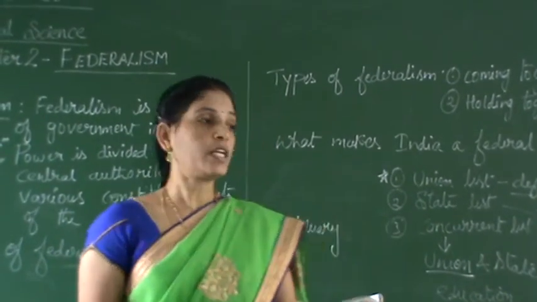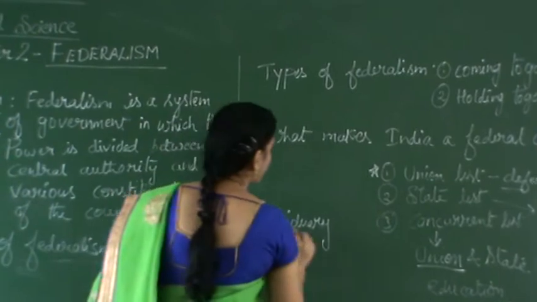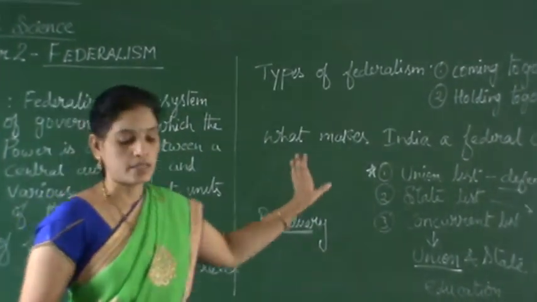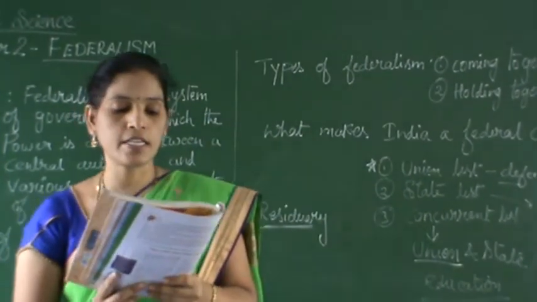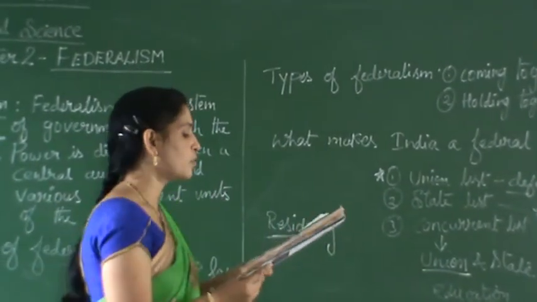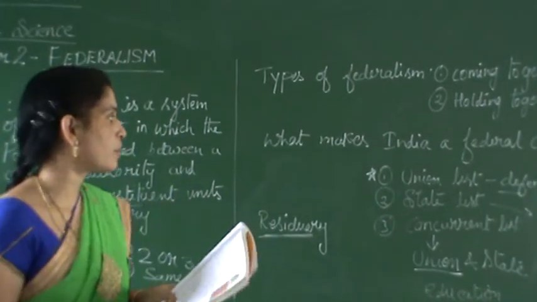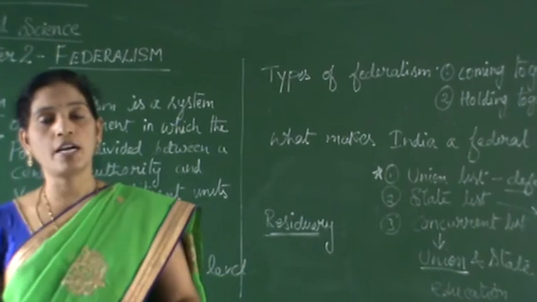According to this, when the residuary list was formed, certain subjects were included in this. We were clear. But at the same time, we noted that most of the federalism that was formed by holding together does not have equal power in the constitution. We have seen that